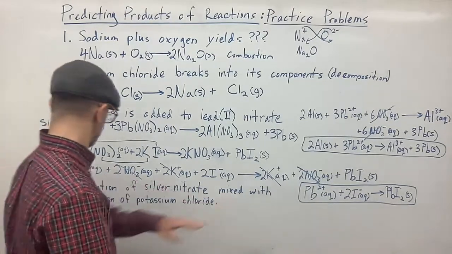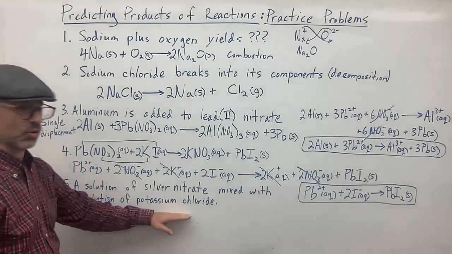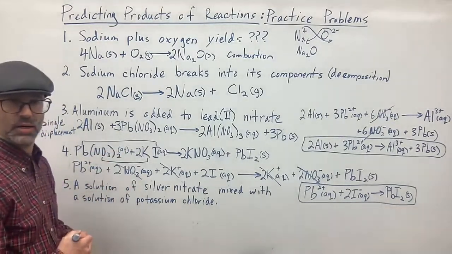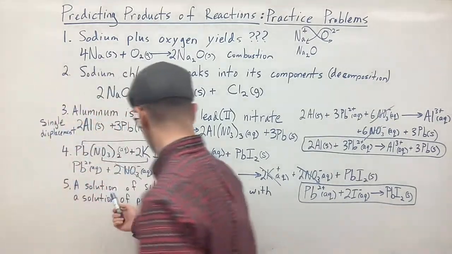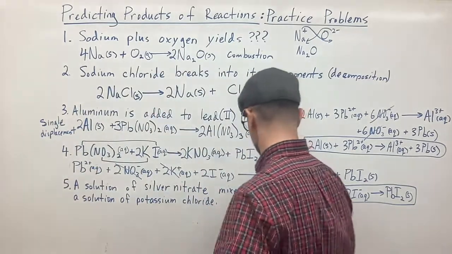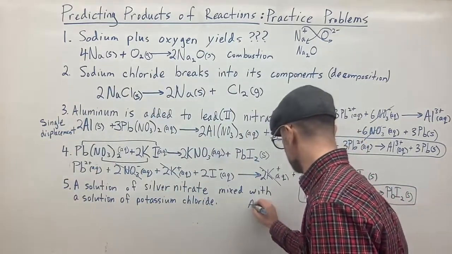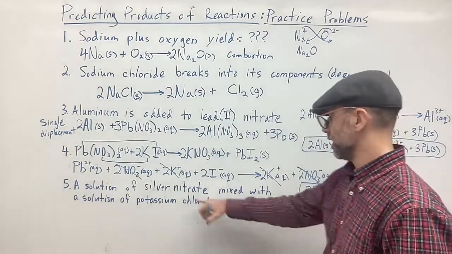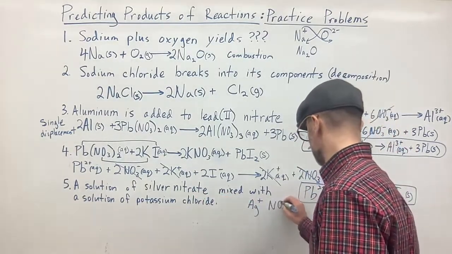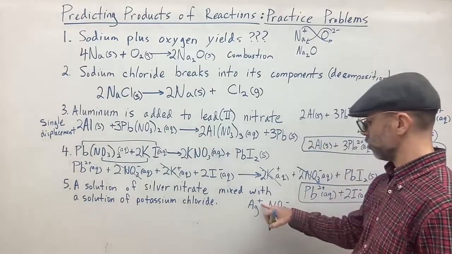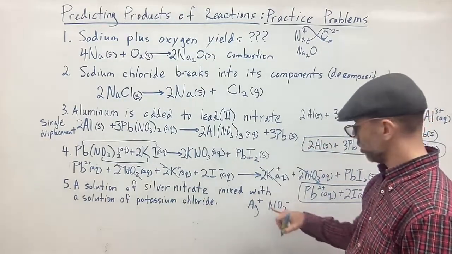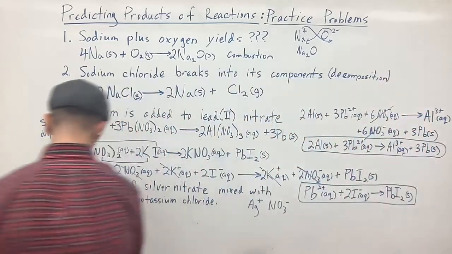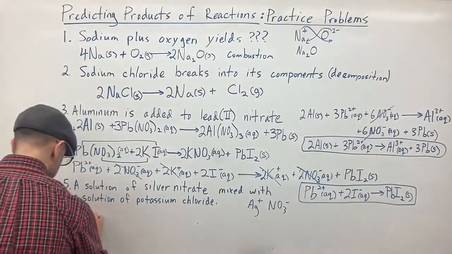And now for number 5, the last one, here we have a solution of silver nitrate mixed with a solution of potassium chloride. So we've got to write out our reactants. We have silver nitrate. Again, silver is a plus charge. Nitrate is NO3 minus. So we have a plus 1, negative 1. One each will balance out. So we just write AgNO3,